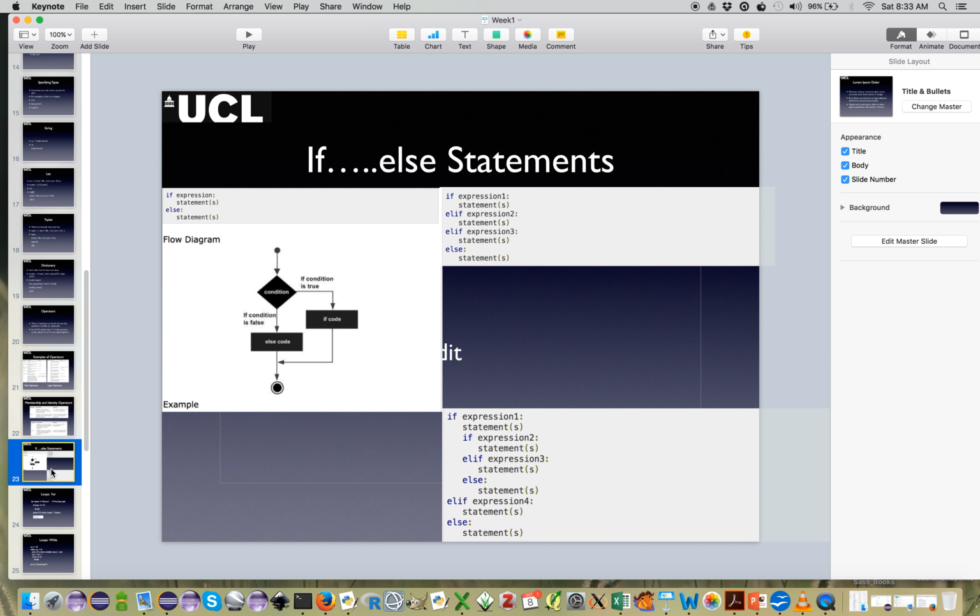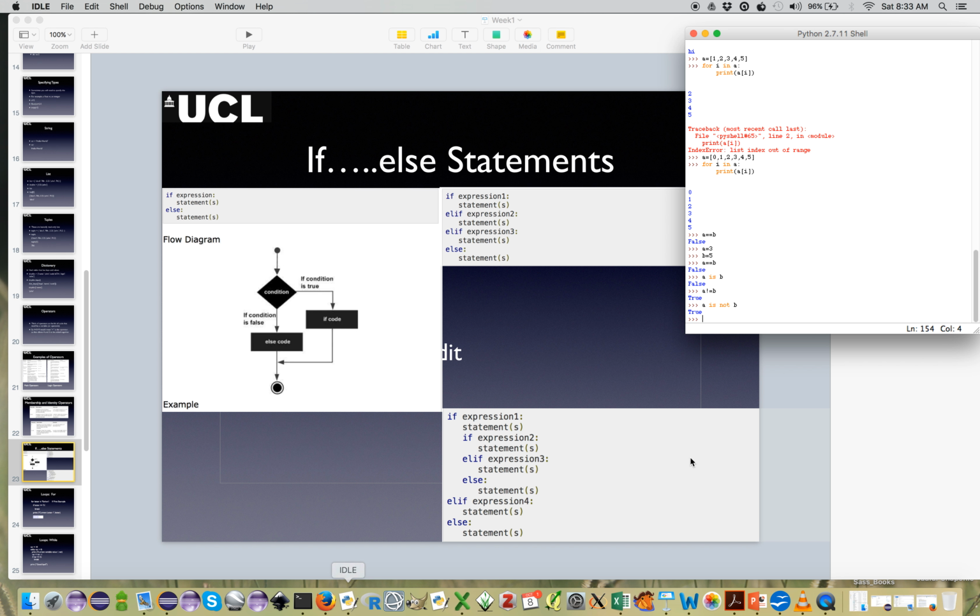Okay. Now another very important concept is the if and else statements. If and else statements allow you to create logic within your programs, essentially, and that's going to be important for many, many things. So the structure is quite simple. The first conditional is always the if. So if A equals B, so if you remember we did that, then print high. You can see it shouldn't print high because remember we defined A not to equal B, so it didn't do that. But what if we did this? If A equals B,